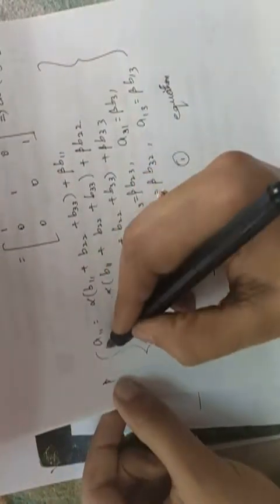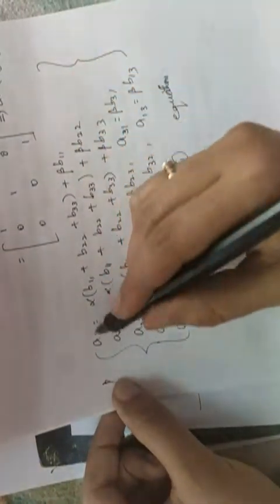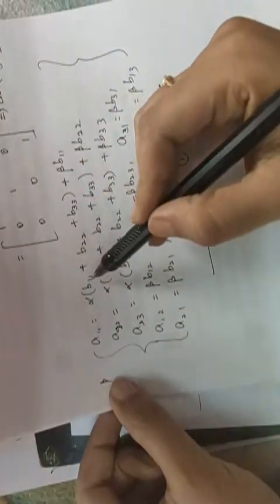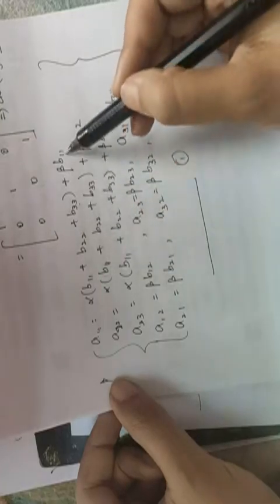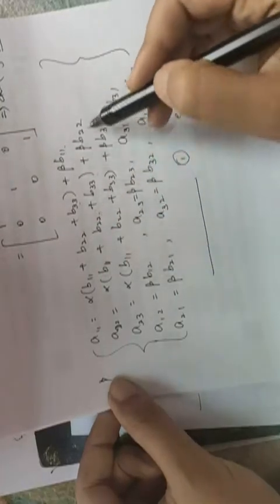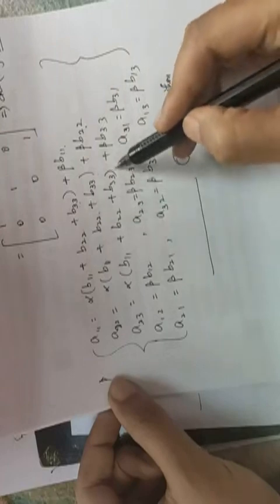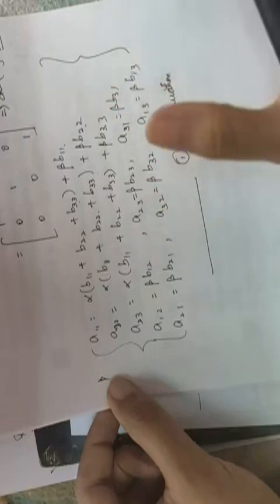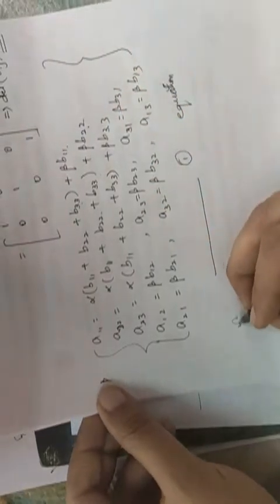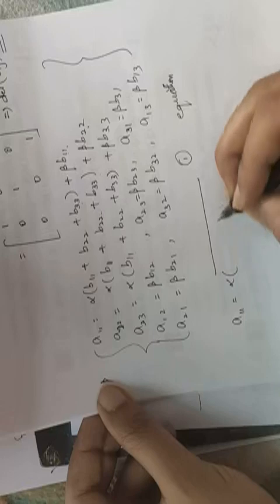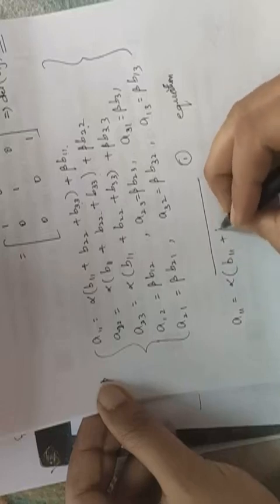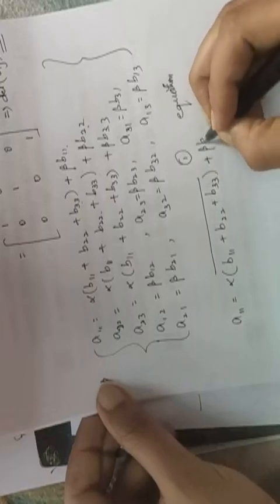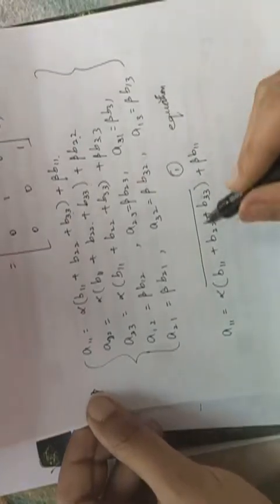First, I will consider the first 3 equations. If you observe your first 3 equations carefully, here 11, 22, 33, 11, 11, 22, 33, 22, 11, 22, 33, 33. So we have a combination of dummy suffixes, right? So if I consider the first equation, that is A11 equal to alpha into b11 plus b22 plus b33 plus beta b11. This is the first equation, right?